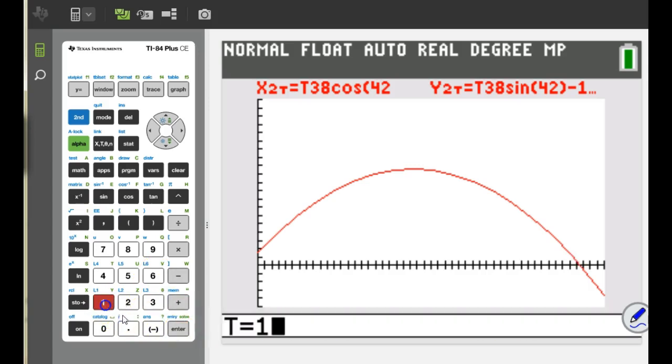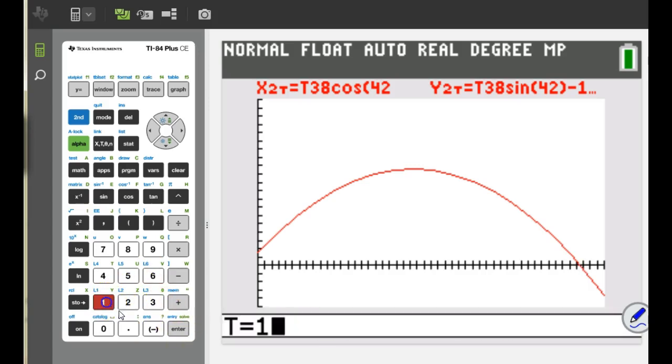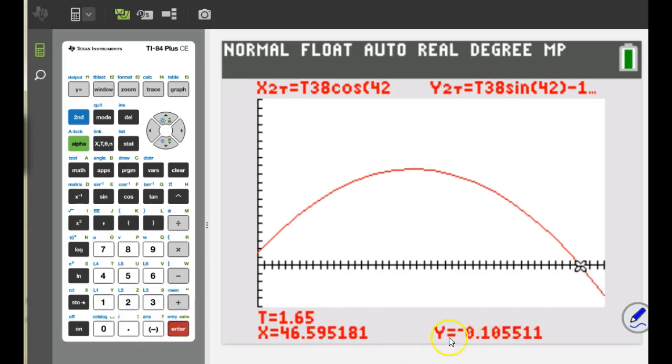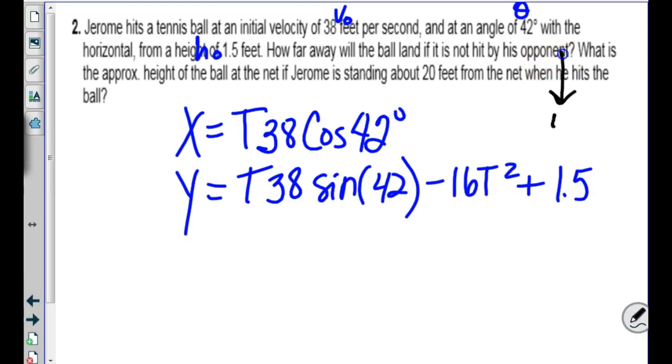I really don't care. We don't have to be super close. Okay, so somewhere around 1.65, it's getting close to the ground. So it's hitting about 46.6 feet away. And there's not a lot of accuracy that has to be had on that. Okay, but the rest of the question was,